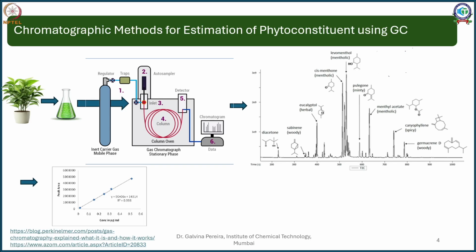Now similar to HPLC, you can analyze these peaks for area under curve. If you have a standard concentration being injected and you prepare a standard curve, based on that you can then put an unknown concentration, extrapolate it on the graph, and determine how much eucalyptol is present in my eucalyptus sample.